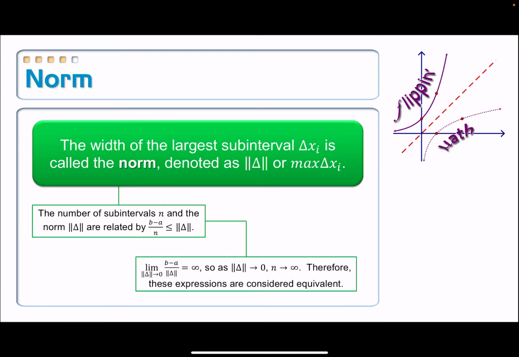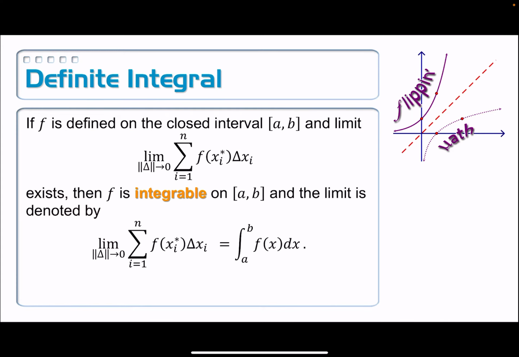I point this out because the definite integral is defined in terms of either one of them, depending on which book you look in. So let's take a look then at the formal definition of a definite integral. If f is defined on a closed interval from a to b, stop. It doesn't say continuous, it just says defined. Okay, that's interesting. If f is defined on a closed interval, and also notice it doesn't say non-negative, because we